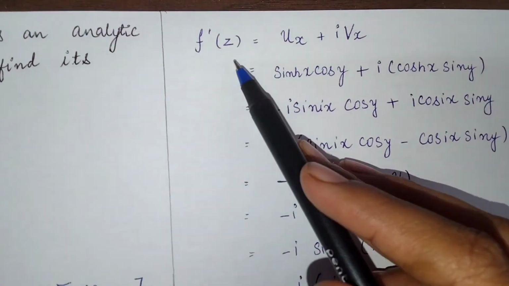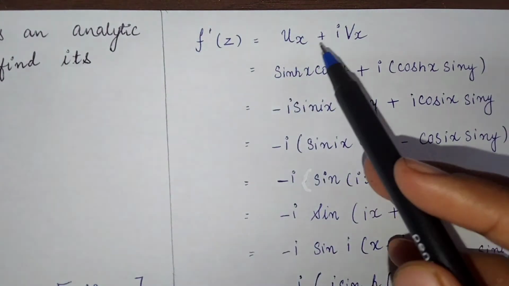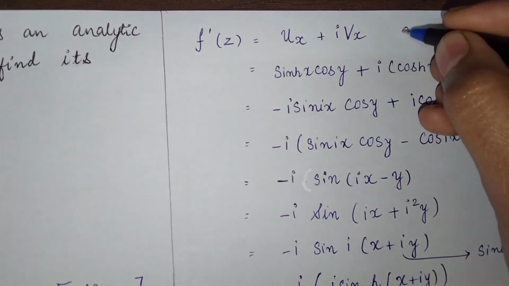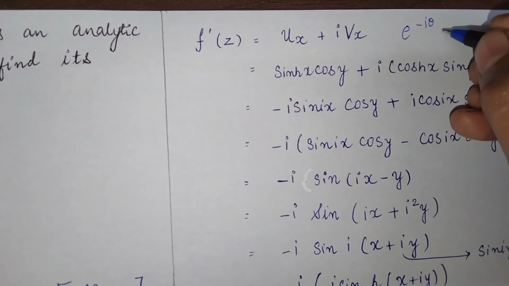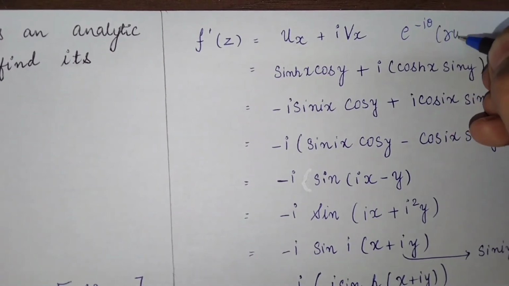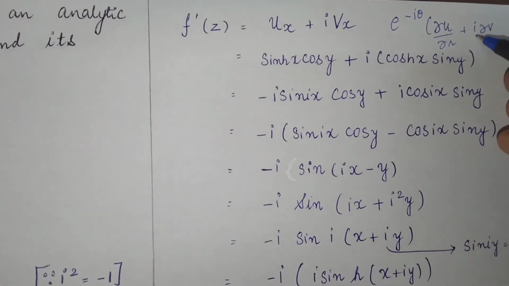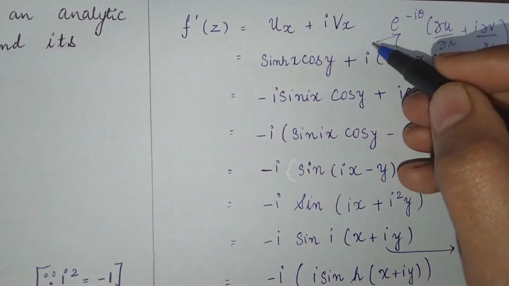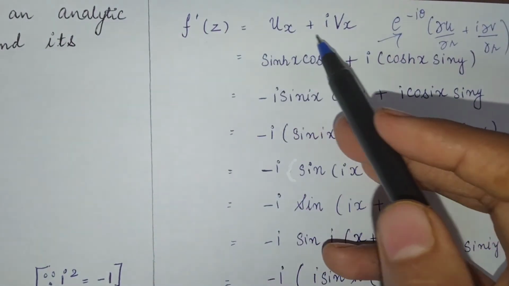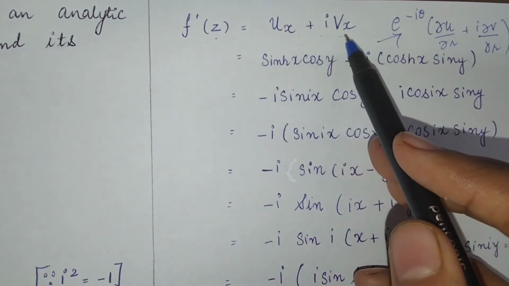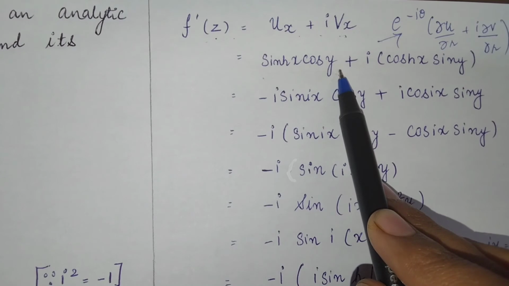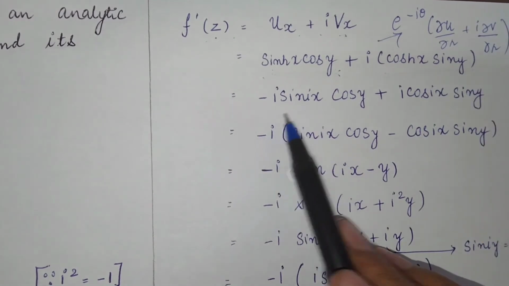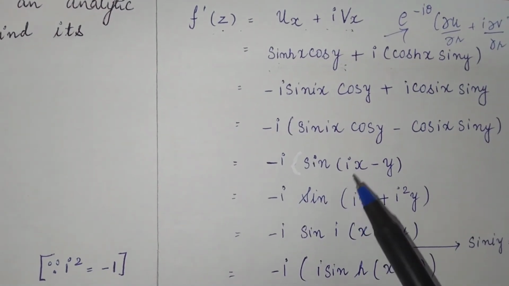So again f dash of z, but this is in the form of x and y, so our formula will be ux plus i vx. If it is in the theta form then it is e raised to minus i theta into del u by del r plus del v by del r. Okay, but this is in the x and y form, so our f dash z will be ux plus i vx. So what is the value of ux? The del u by del x is here, and we have to substitute the value of del v by del x here. And solving it further, we can take i